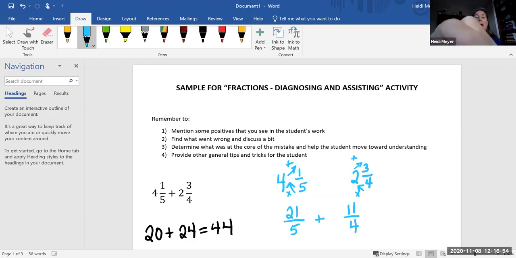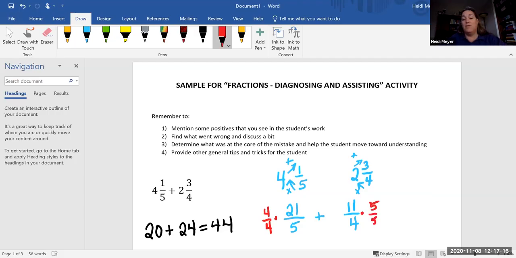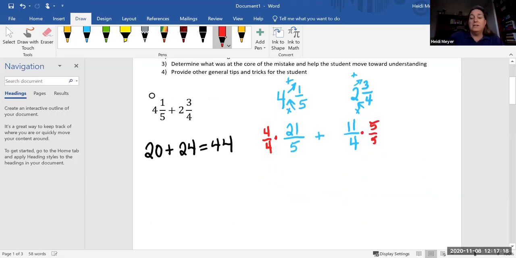We can go ahead and add, but we will want to remind the student, because this is something we didn't see in their problem. We don't know if they would have done this correctly or not because it just didn't even show up. We do need to get a common denominator. In this case, it would be 20, which we could get by multiplying the first fraction by 4/4 and the second fraction by 5/5. And this gives us 84/20